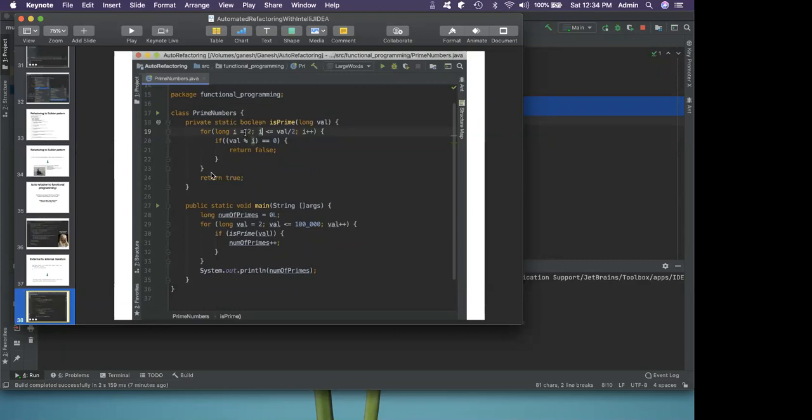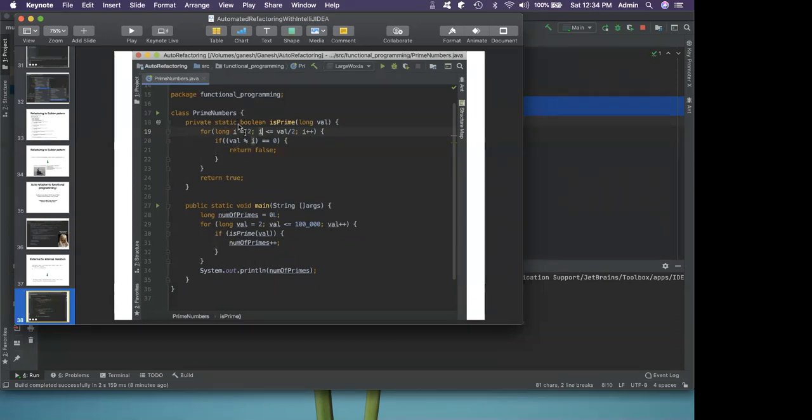I'll start with the main function and change that to forEach. And instead of isPrime, I would rather put a filter, and put the isPrime code inside that filter. It would be much easier. Yeah. So you have a long stream, range 2 to 1 lakh. Yeah. And then filter, because we will be counting the primes, right? Okay, you're saying filter there. Yeah, that's correct. So filter for each prime and then count. Exactly. And so we'll get the number of primes. That is the correct conversion for this code.